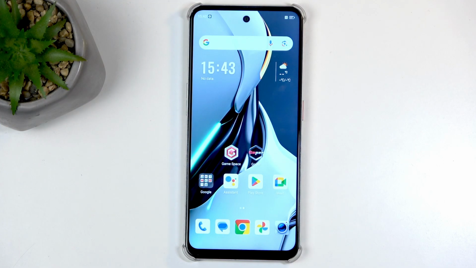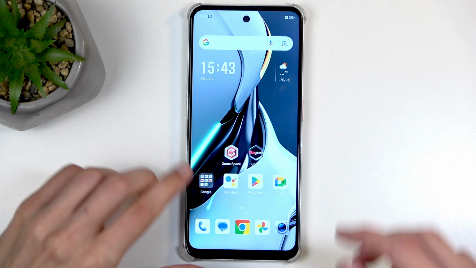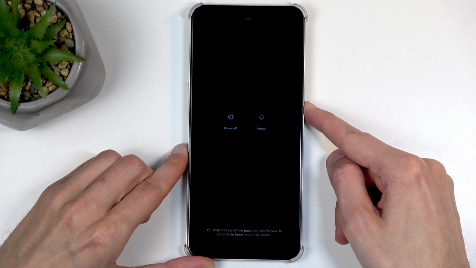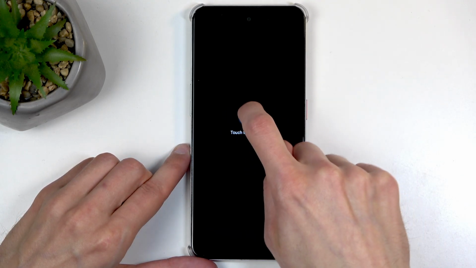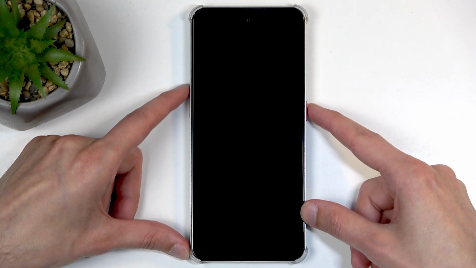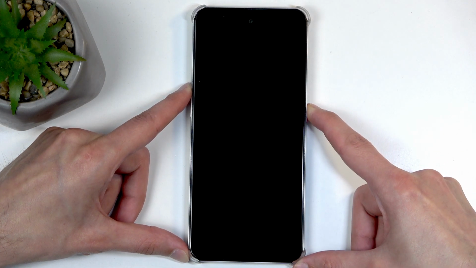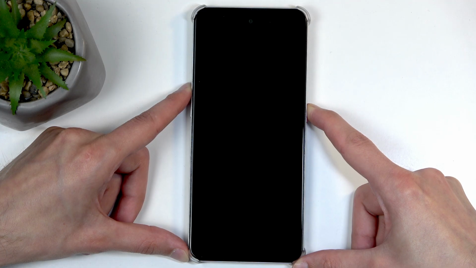So, to get started, you will first want to turn off your device by holding the power button and selecting power off from the two options that show up. Click on it twice. This turns off the device, and once the phone is off, you want to hold the power button, and I believe it's going to be volume up. So hold both of these buttons together,